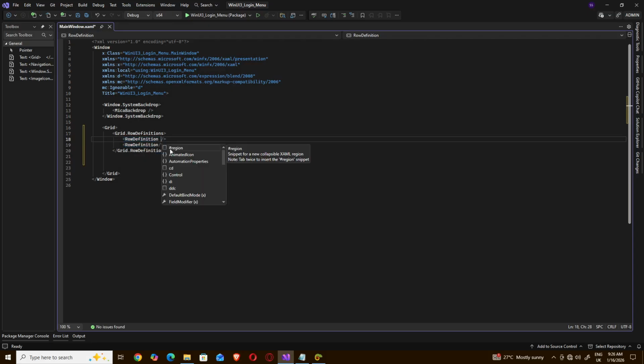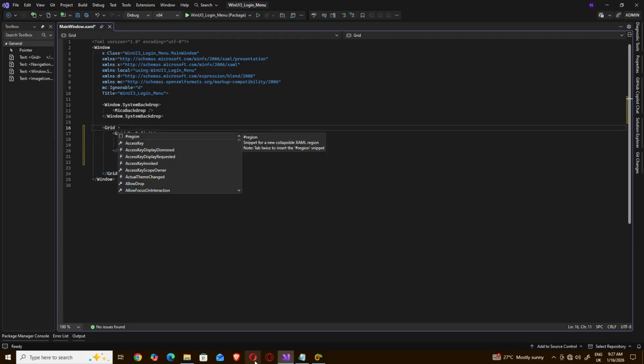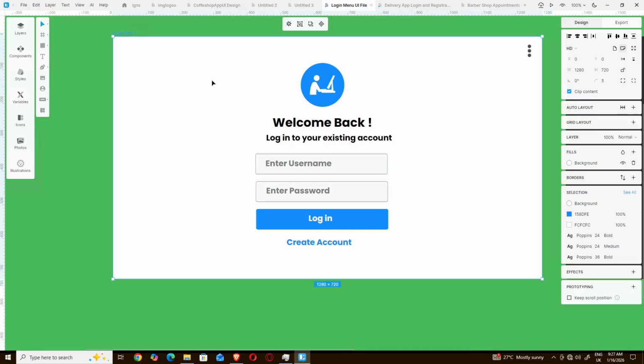Then we'll come here. So this one will be height 10 star. Then this one will be height also 90 star. Okay, then come to the grid here. So grid, let's do this. Okay, so that is using mica backdrop, but let's just do this for posterity's sake. So double click on the file, then we want this background color, that should be this one here. So select that one,